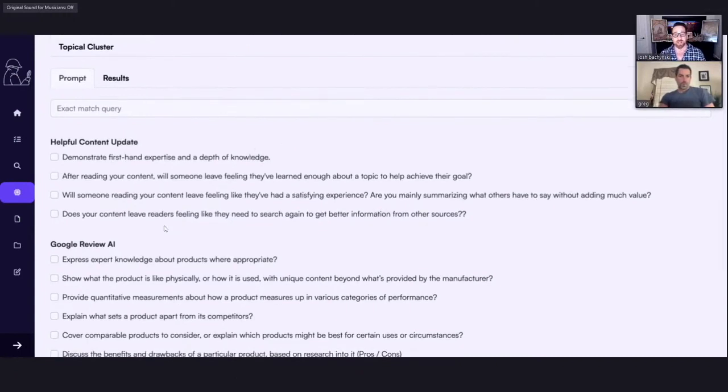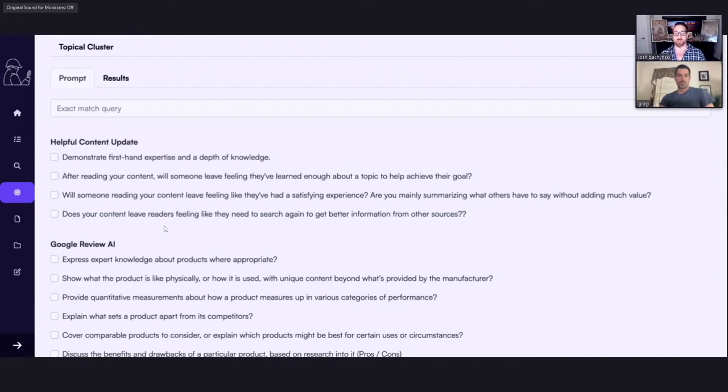And a lot of people don't realize this, Greg, that the full thing is an on-page metric, the EAT originally in the Google nomenclature, the experience, expertise, authority, and trust. That's an on-page thing. That's not a site-based thing. They're looking for you to show you've had the experience and you've actually used it when you're reviewing something, or that you're actually being helpful on your page. Because those are the kind of pages that generative search is going to show up, and Google search is going to show up. So we have an AI that does this for you.